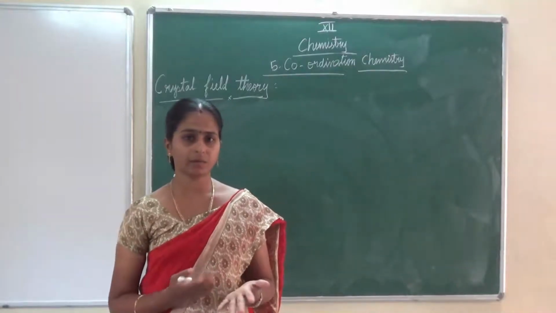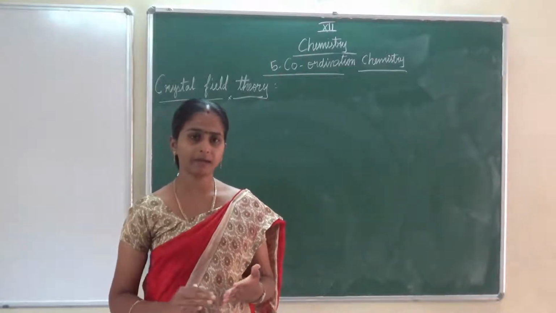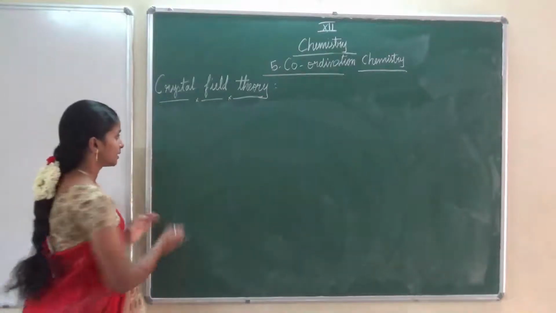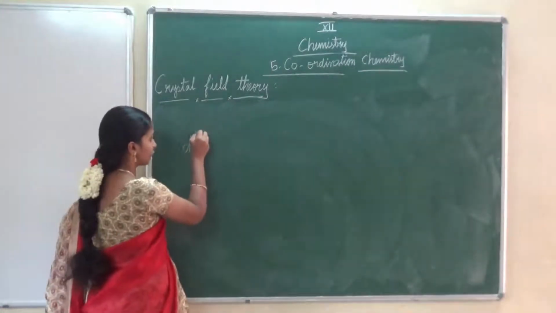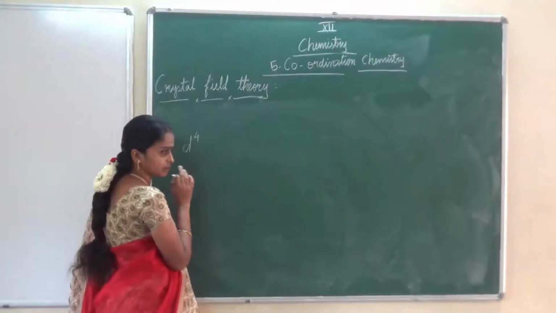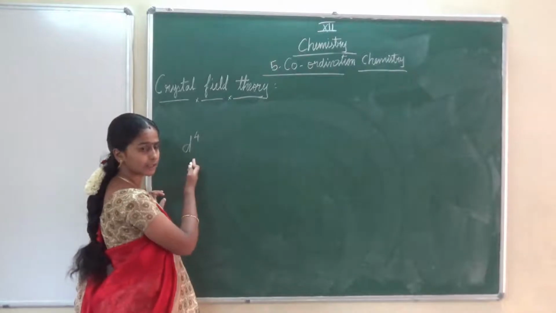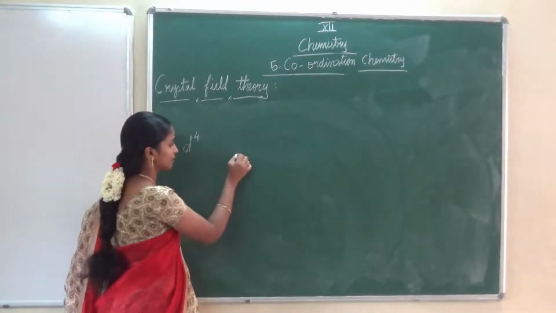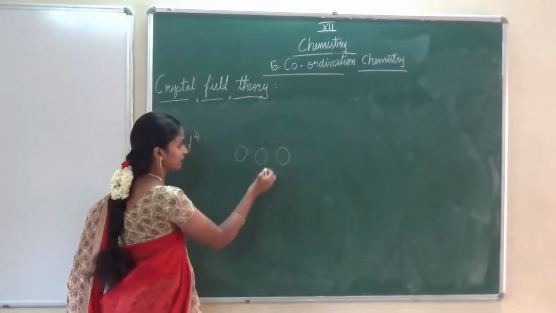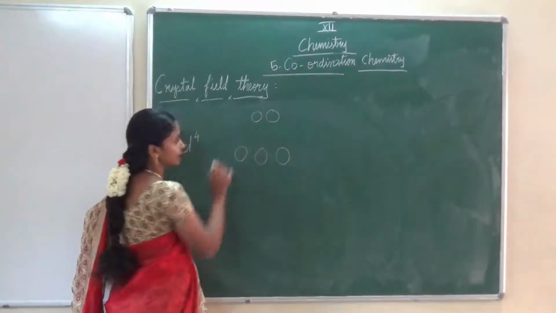D3 also has no problem, 3 electrons will enter and they will remain unpaired. But for the d4 system and d5 system, that is, when the number of electrons is 4, such as 3d4, 4d4, 5d4, now 4 electrons are present. Whether these 4 electrons will enter the T2g orbitals or the higher energy Eg orbitals.